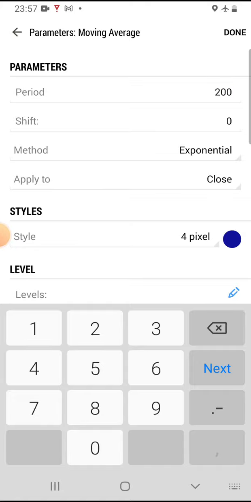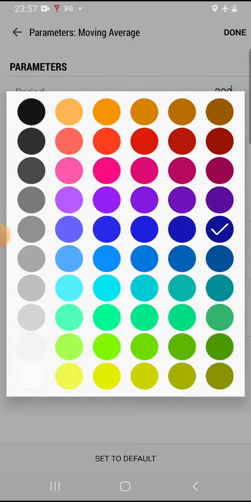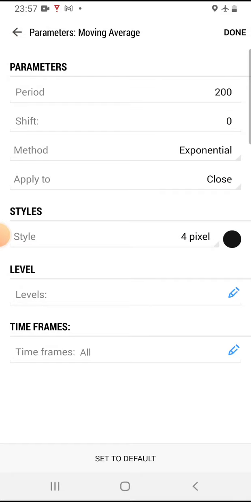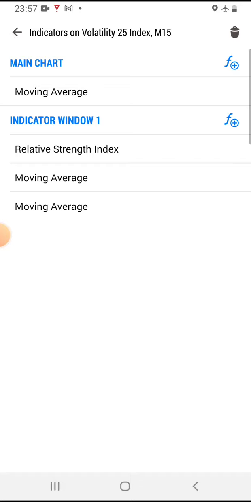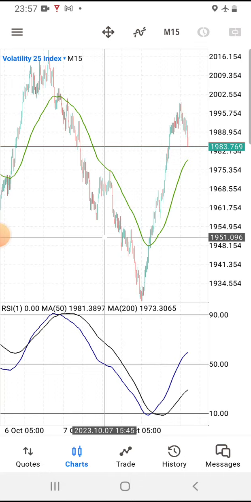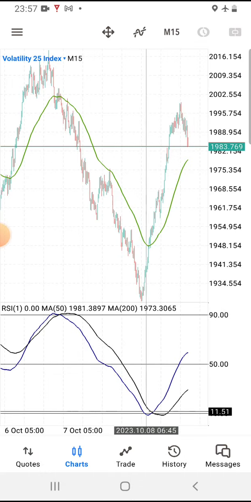Everything else remains the same again except the color. We're going to change it to black, and like I said, everything else remains the same. Click done, and back to our charts, we see that we now have that black moving average on our charts